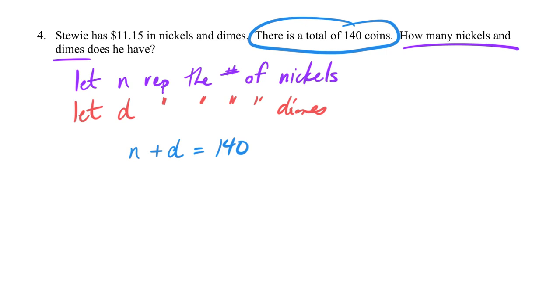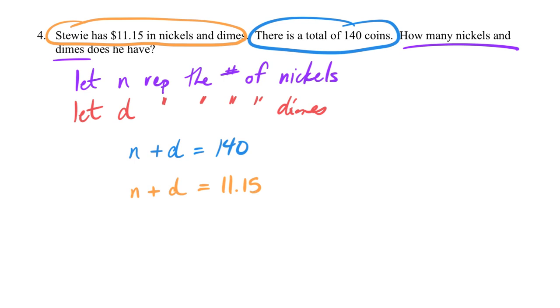Now, in my orange sentence, that's talking about the value of those coins. So what I need to do to build my second equation is put the values on the quantities. If I wrote down n plus d equals 11.15,